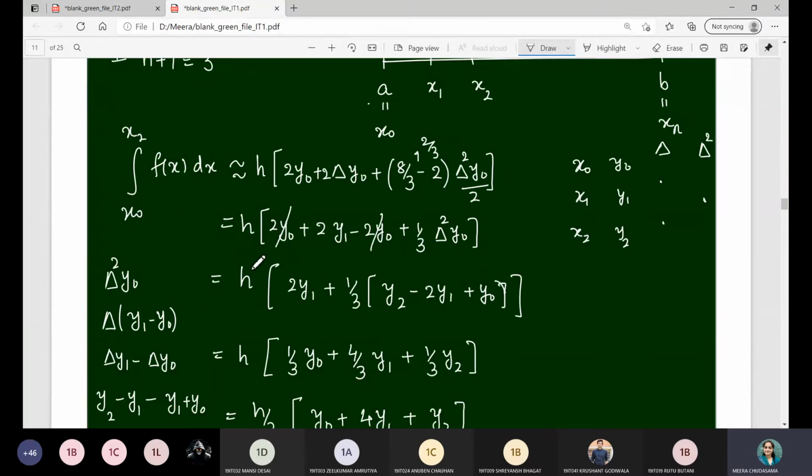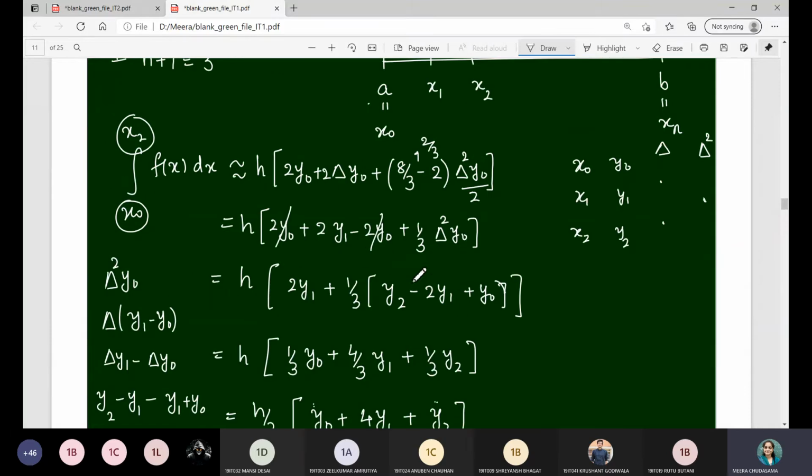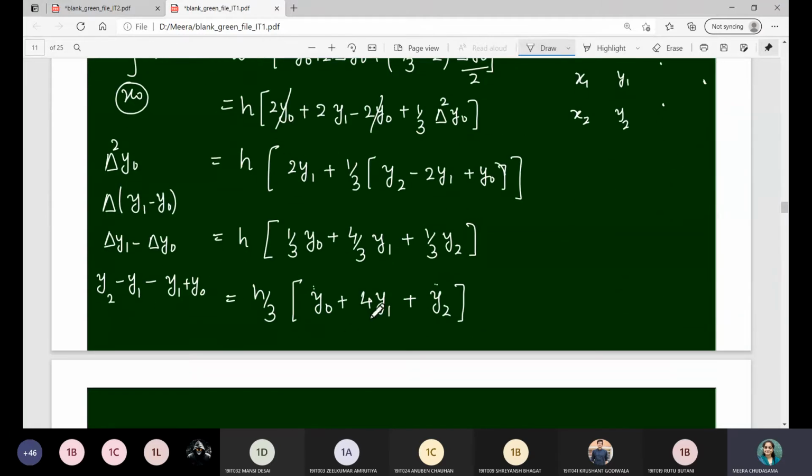So if you observe this expression, the first interval x0 to x2 we have considered. x0 is the lower limit with corresponding value y0, and upper limit x2 with corresponding value y2. So in the expression h by 3 is constant, y0 and y2 are the sum of extreme values, whereas the middle part, the midpoint of this, that means the corresponding y1 value is multiplied with 4.